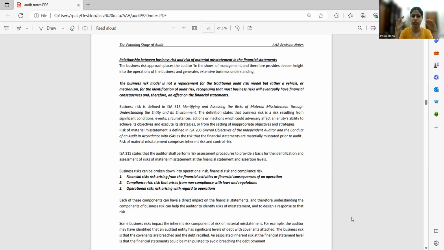Guys, let's discuss with some examples. Can anyone tell me in what scenarios you can think that you may have some risk? You can take any business example. Suppose I am dealing in pharma. We were talking about the pharma industry, right? So I am dealing in the pharma industry, and we know that the pharma industry is exposed to various risks,